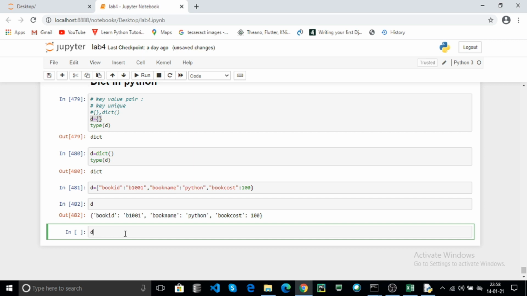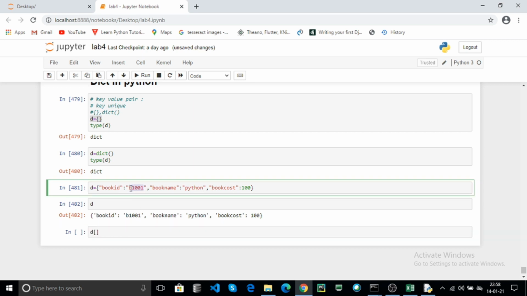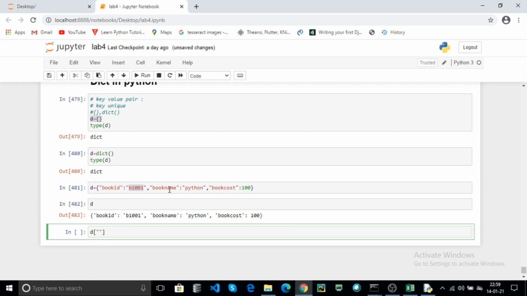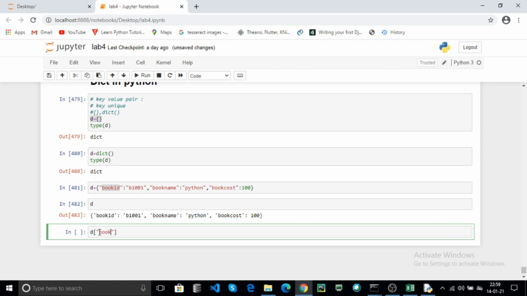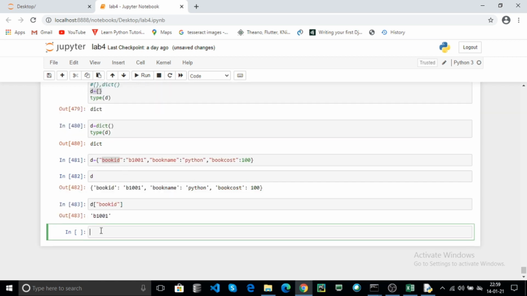Now how to access the particular values in the dictionary? By using keys. If you want to access the B1001, you can use the book ID. Here book ID returns the B1001. Click on run. You can access any value in the dictionary by using keys.